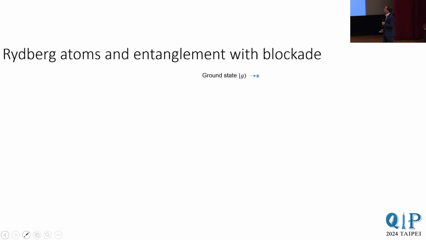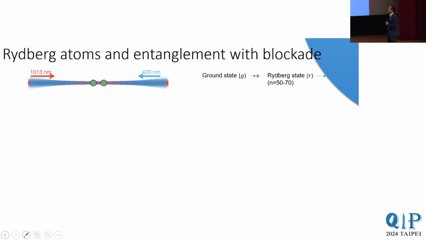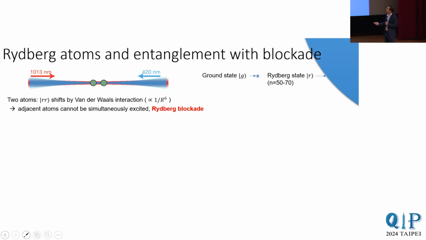To entangle things and to do quantum mechanics, we use these so-called Rydberg atoms. In the ground state the atom is quite small, but we can excite it with a laser pulse to a highly excited Rydberg state, with principal quantum number ranging, for example, between 50 and 70. When we zap two atoms with this laser pulse, if both atoms are simultaneously in the Rydberg state, there's a very, very large van der Waals interaction. It can be on the scale of gigahertz. In practice, this means that two atoms cannot simultaneously get excited to the Rydberg state. There's this phenomenon of Rydberg blockade.